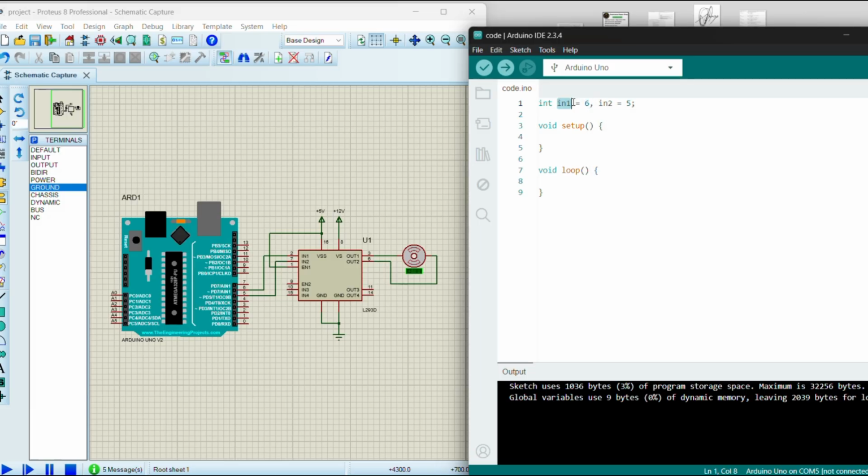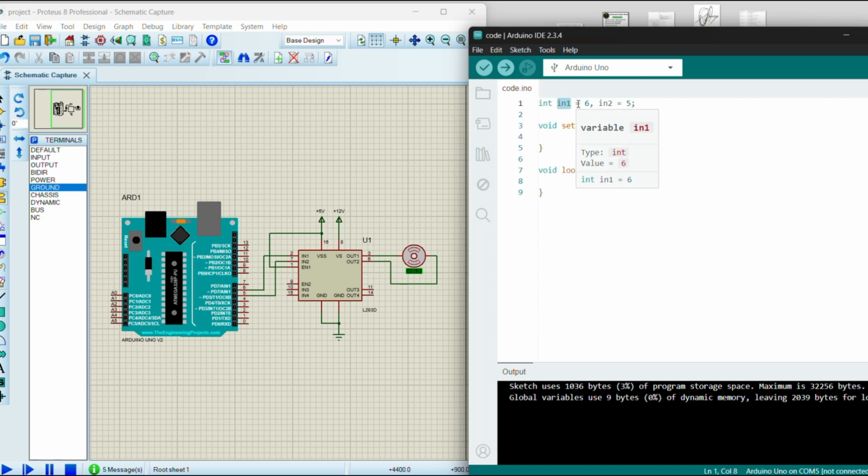Therefore, this is a variable where the signal that will be passed to pin 6, which is connected to in1 of the L293D driver,